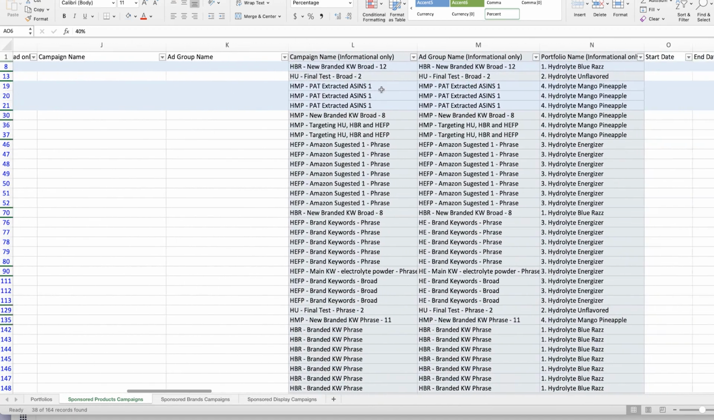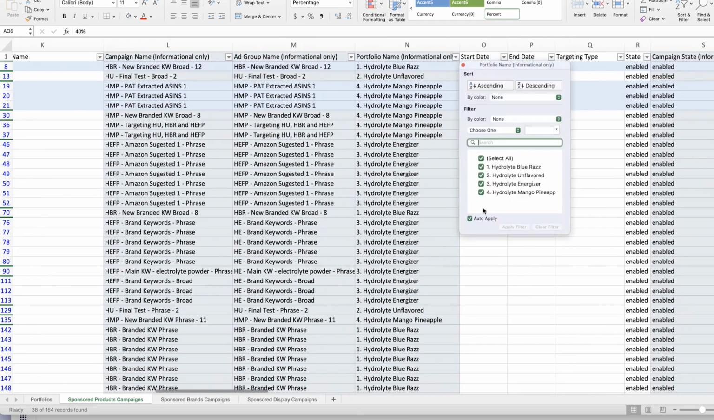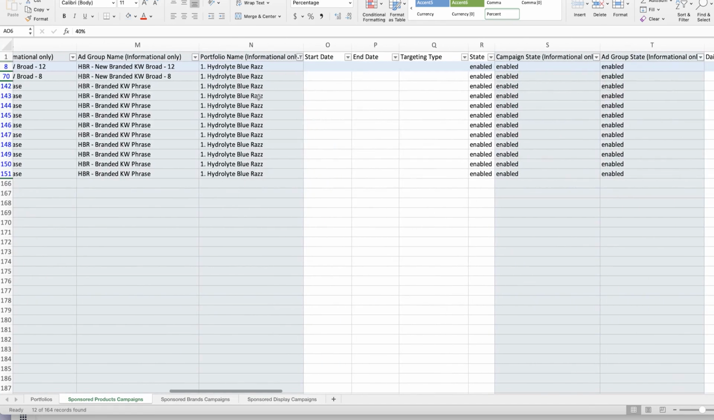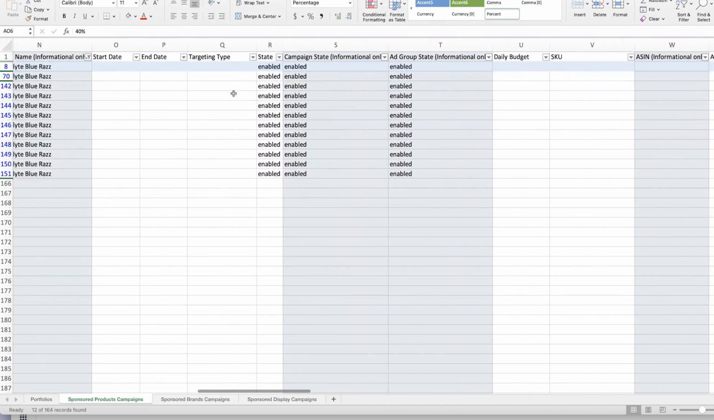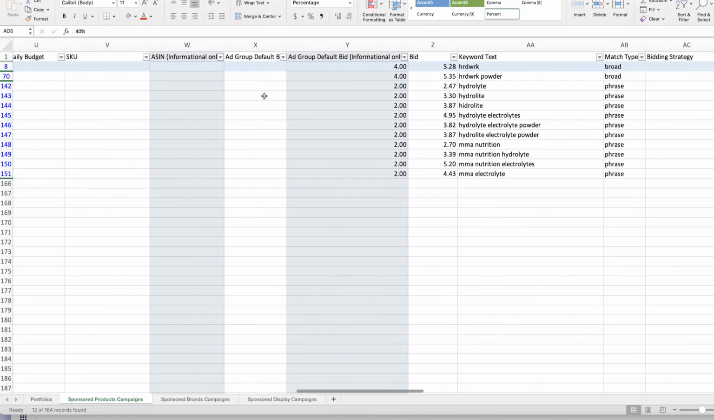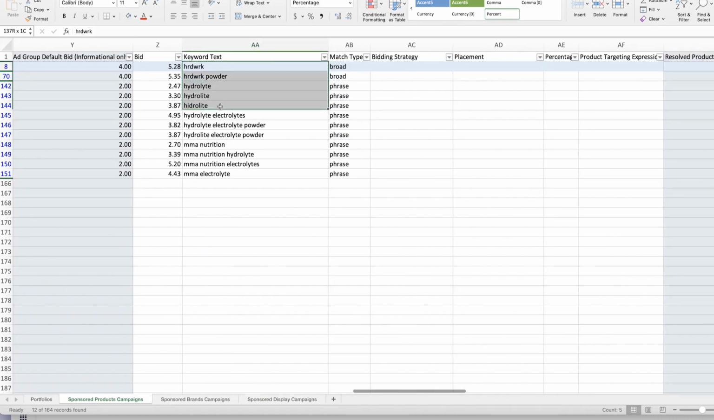Next, I'm going to do it for only one product. So instead of going here, I'm going to select, let's say, Hydrolite Blue Raz. And I'm only doing this for one product because the criteria for this product are different than the other products, and I don't want to capture all of the products, right? I want to just do it for this product. Everything is enabled, that's fine, right? If it's paused, I would just remove it, or inspect why it's paused. Maybe it shouldn't be paused. Now here are the keywords,